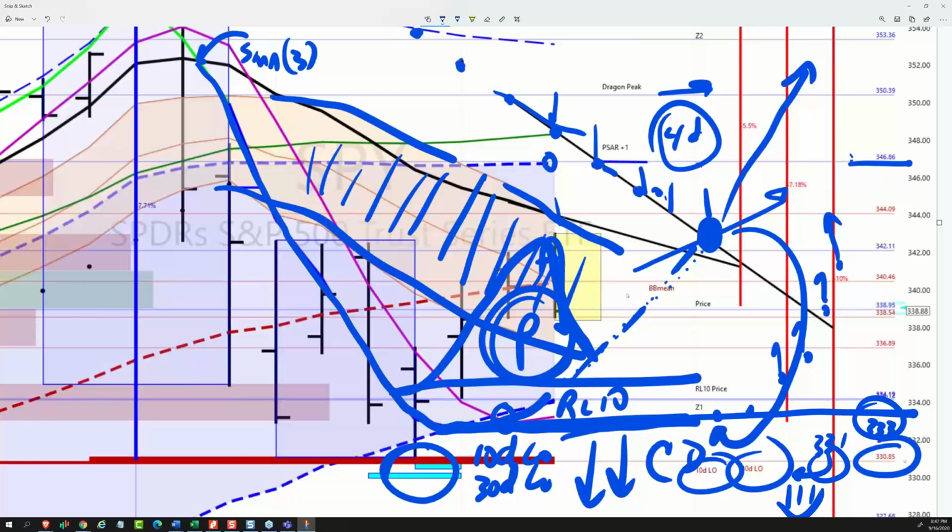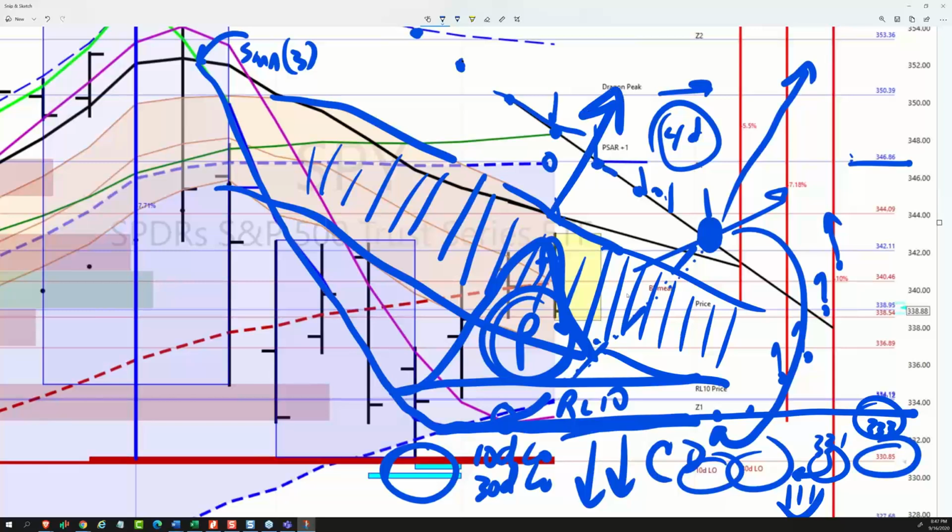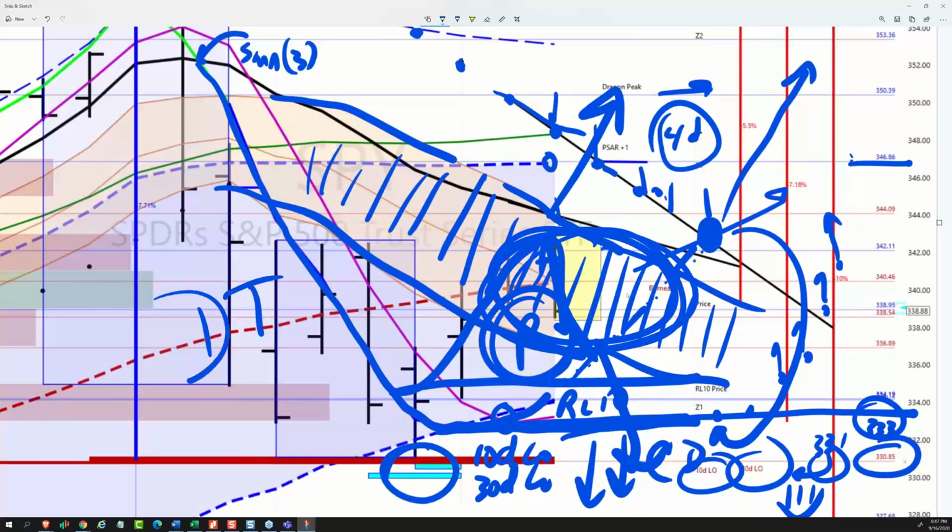So what we're stuck in is the middle of this choppy tactical trading. There's no swing trade until it either gets out of the dragon or it firmly rejects and leaves the dragon. So this little region in here is all about the day trade and taking advantage of short-term opportunities.